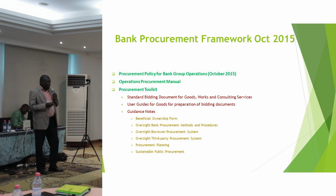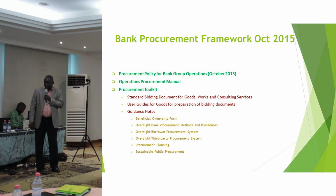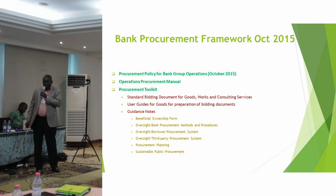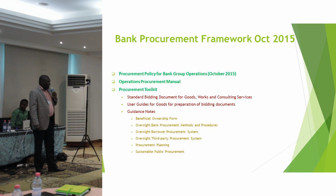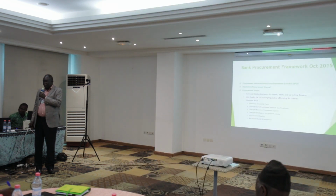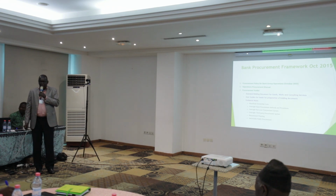Now, under the toolkit is what you have as the standard bidding documents for goods, works, and consulting services. Then there are also user guides for preparation of the bidding documents, and there are what we call guidance notes. If you've gone through the bank's external website under procurement, you'll be able to see this clearly outlined. And these are very useful resources for not only the procurement team, but for all the parties that are involved in implementation of any bank financed